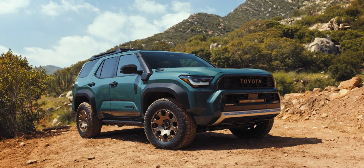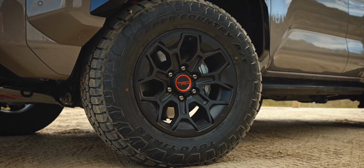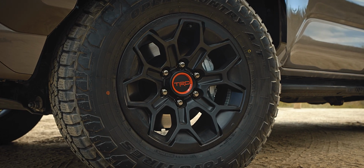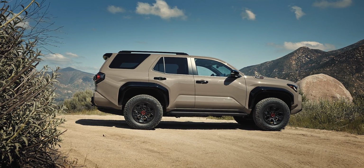Now let's get into that because I know that you're here because you want to know about the off-road goodies. And weirdly, in a lot of the press materials here, we've got a lot of information about the Trailhunter model, not as much about TRD Pro, but we're going to do some speculation, don't worry. All right, TRD Off-Road, TRD Pro, and Trailhunter models come with all of the stuff that you'd expect along with some new goodies. So what does that mean? It means